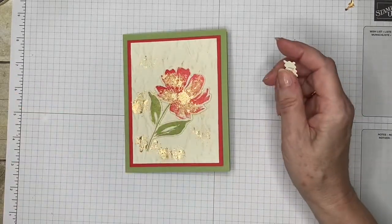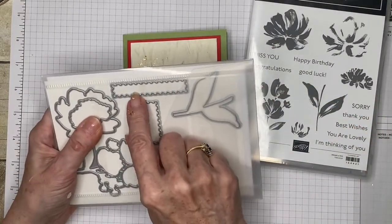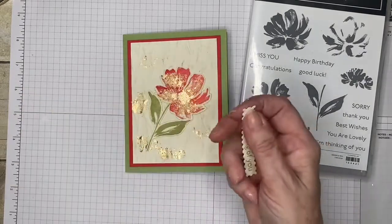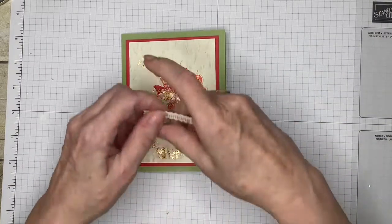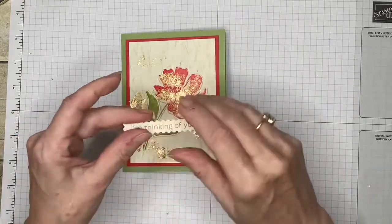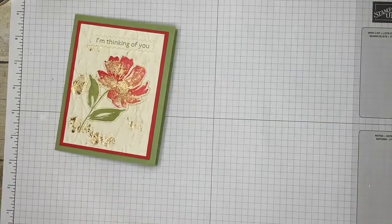Now my greeting I also have from the art gallery. They've got quite a few in here, but the other thing about this set of dies is that it's got these lovely edge of stamps, I think, to cut the greetings. So I already did that ahead of time, so I'm just gonna attach those. Again, I'm using the little mini dimensionals because it's such a fine piece of card. I'll pop it at the top there like that, and then I've got a piece to put inside,